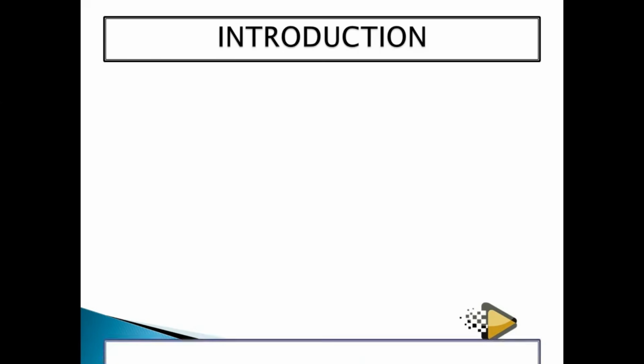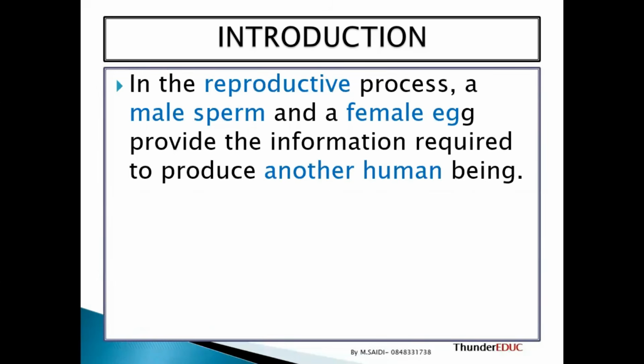Topic: we are supposed to look at the structure of the female reproductive system and the male reproductive system. So in the reproductive process, you find a male sperm, which we call the spermatozoa, and the female egg, which we call the ovum. This provides the information required to produce another human being, meaning that when the father gives out the sperm and the mother gives out the ovum, these two contain the genetic material